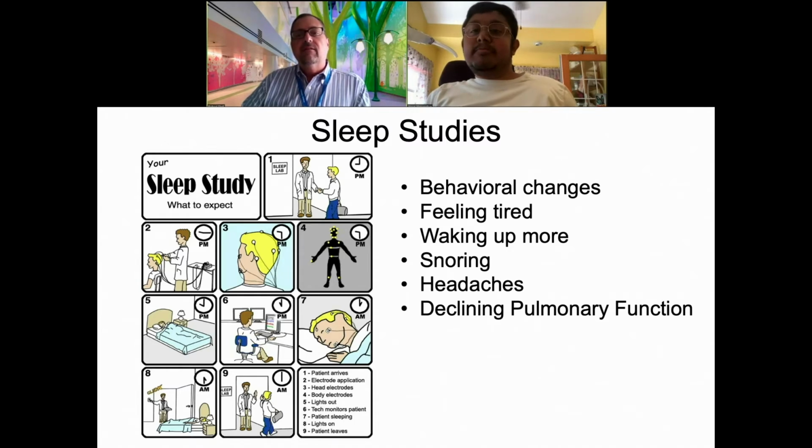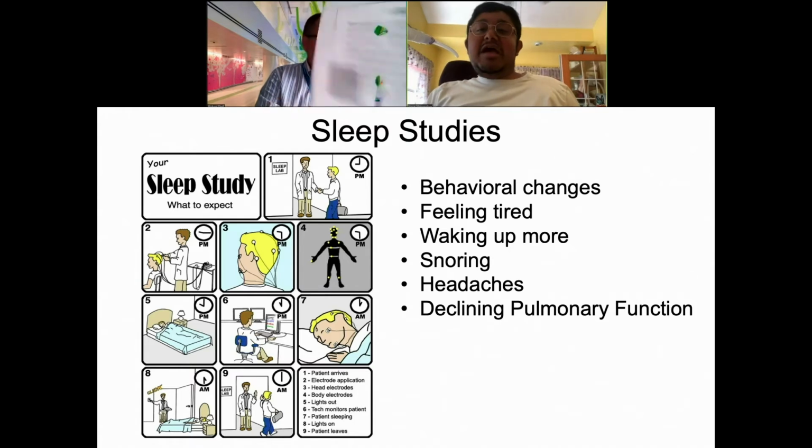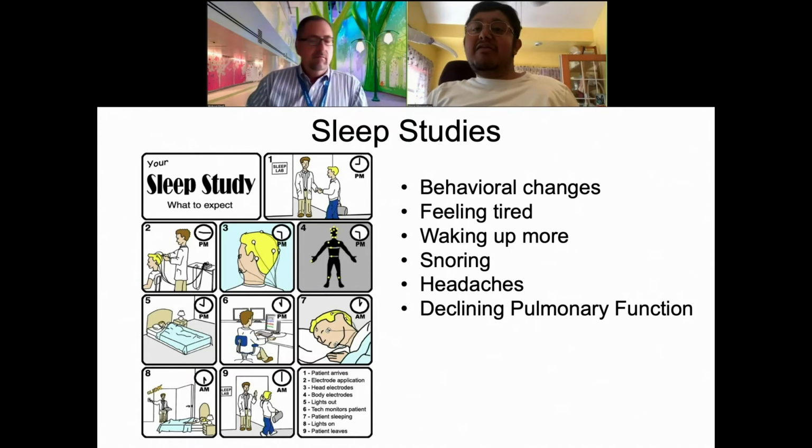Yeah, I would say that I noticed the changes in my sleep even after a few weeks or a month. I think it was just that I was so used to the way I was sleeping, and I already was a very light sleeper. So I think it wasn't noticeable until I did it. The main thing that took a while to get used to was the feeling of having something on my face. And I think